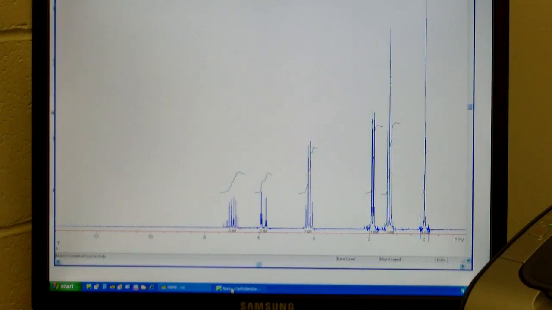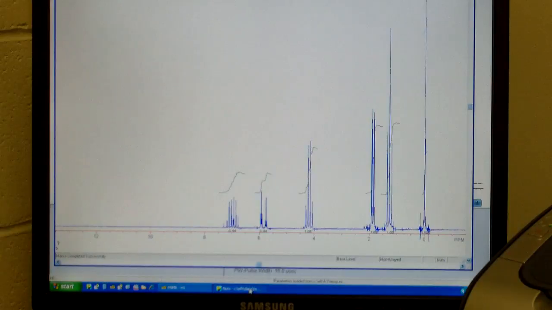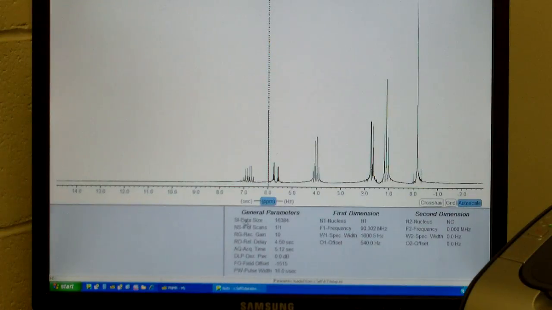When it comes to the computer that controls the NMR spectrometer, you'll see that there are two pieces of software that we use. This piece of software is called NUTS, and the other piece of software that we can toggle to by clicking on the panel on the bottom is PNMR. It's in PNMR where we take the NMR spectrum, and it's in NUTS where we work up the NMR spectrum. So going back into PNMR,